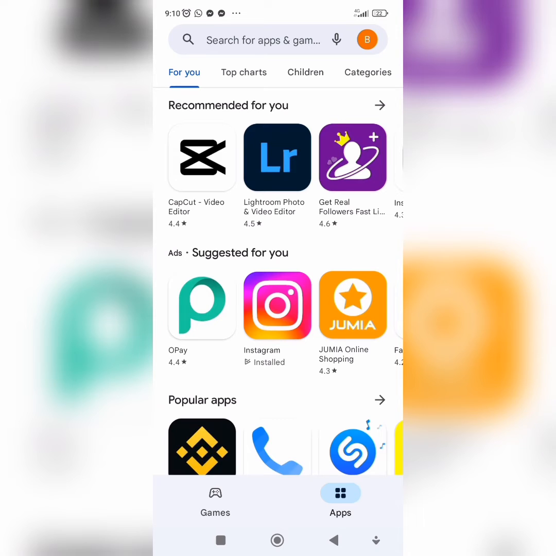So guys, let's quickly dive into the topic of this video, which is how to dark mode Google Play Store. So if you're in your Google Play Store, just the way I am now in my Google Play Store,